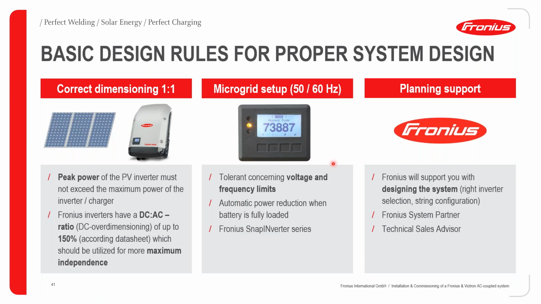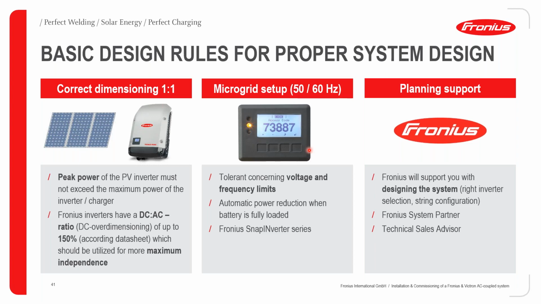The next important parameter is your microgrid setup. So as my colleague Cyprian mentioned earlier on, please make sure that you go into the 73887 menu, and please make sure you select MG50. The reason why we have a separate microgrid 50 setup is because when we are doing a microgrid setup with Victron,